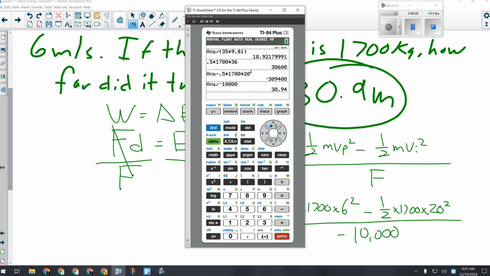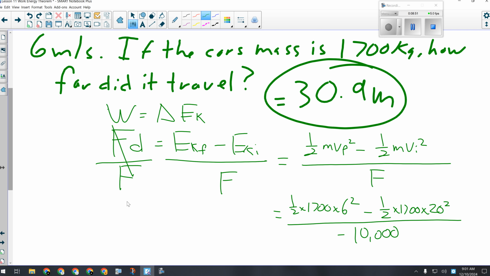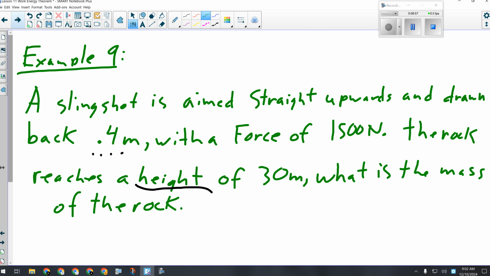30.94 meters. If you did this question and you were just going through it, and didn't realize the force should be negative, and you got a negative number for distance, you would all know to go, hey, wait a minute, that can't be negative, and just not write it. Because that's going to happen probably somewhere. Is that making sense to everybody? I think maybe one or two more here, and then we'll